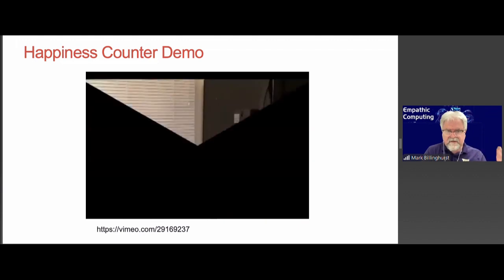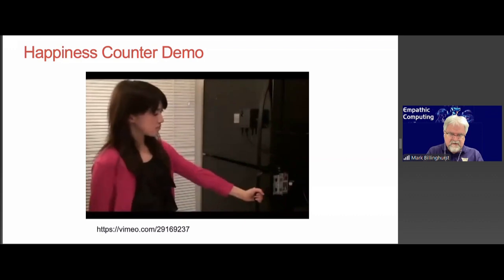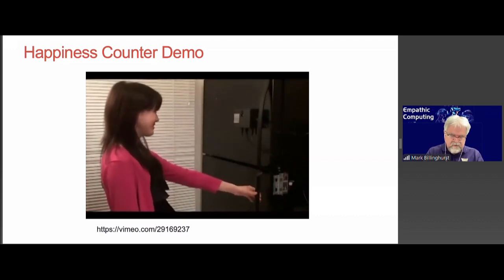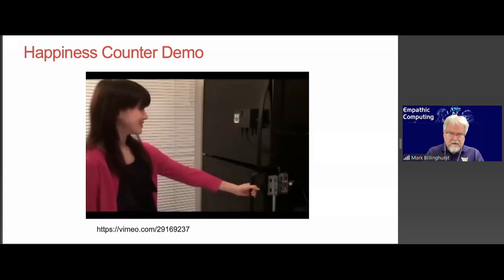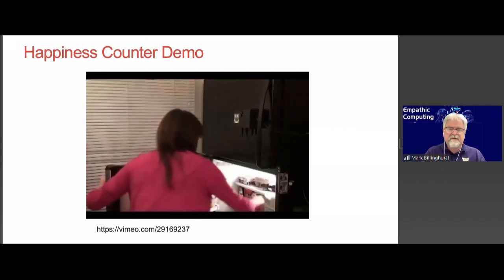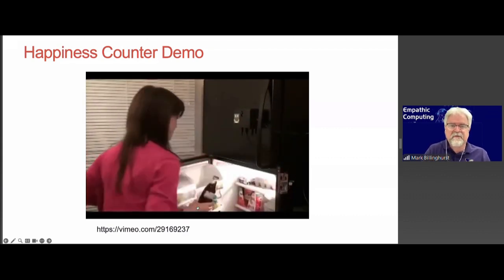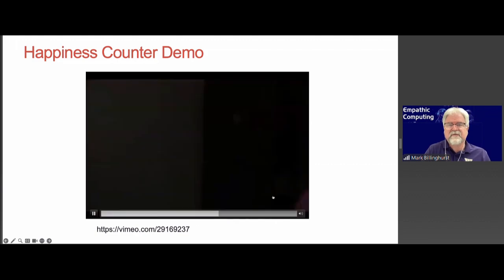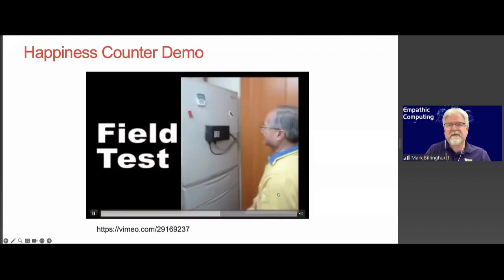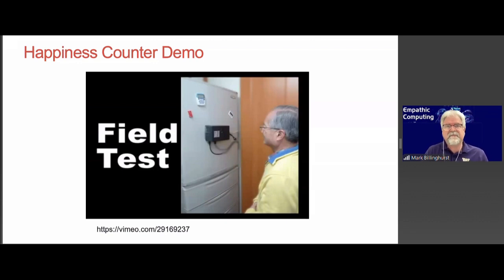And because he's a computer scientist, he wanted to do a user study. So in a minute, you'll see a user study where he was able to use this with a man who perhaps wasn't smiling as much as he could have. And then you can check the people's response to that. So here's the field test. Here's the man they found. They found this kind of grumpy old man in Tokyo, and they put this into his fridge. And then every time he wanted to get food or open the fridge, he had to smile. And so here he is.